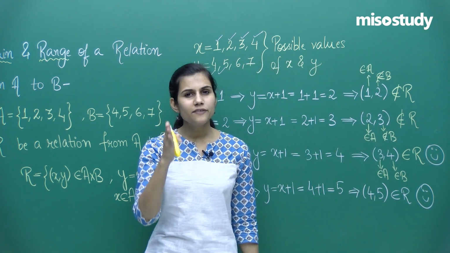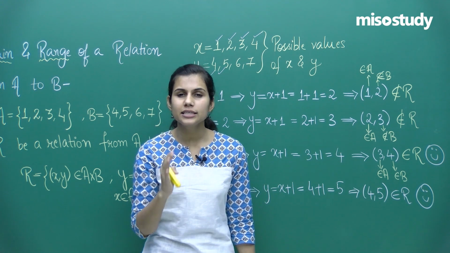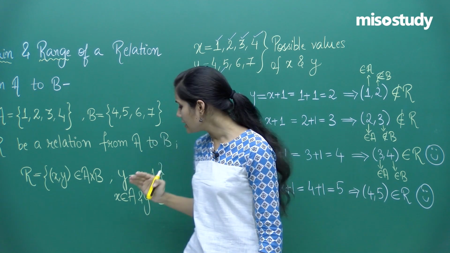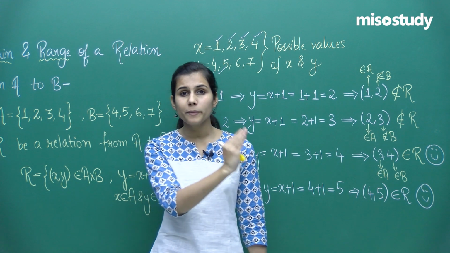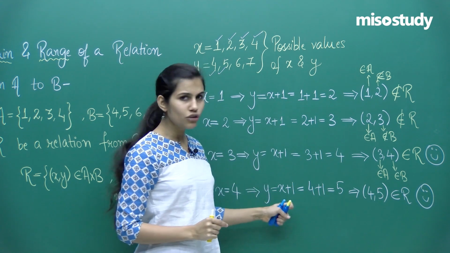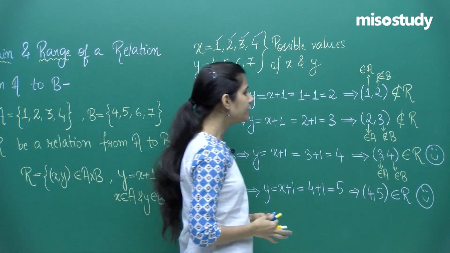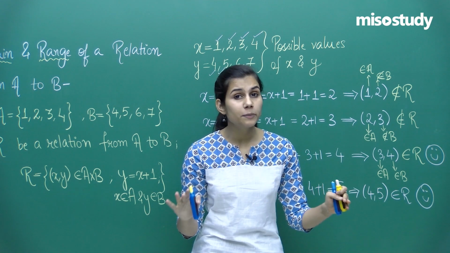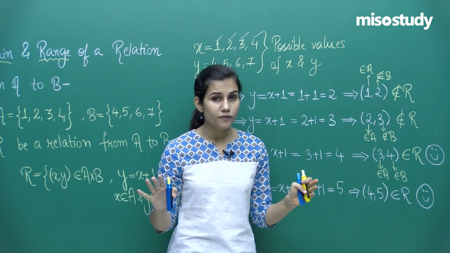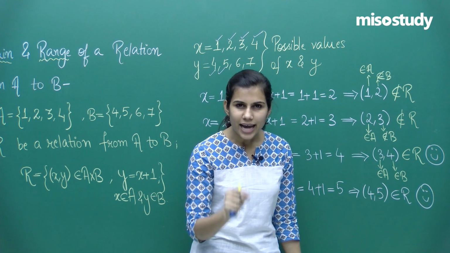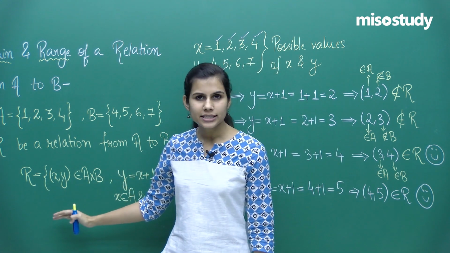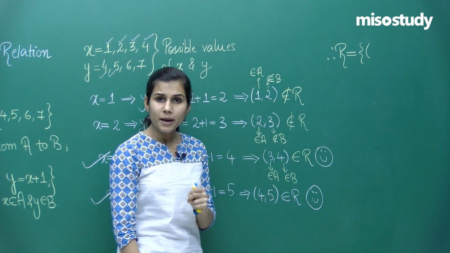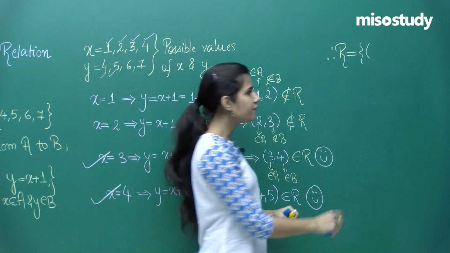That is it. All the values of the first set 1, 2, 3 and 4 were considered one by one, and we actually saw corresponding to each of these, is there any y which is going to satisfy both the conditions and make the ordered pair x, y come and sit inside R. And from this particular procedure, we just obtained that two ordered pairs 3, 4 and 4, 5 actually qualify to come and sit inside R out of all the ordered pairs of A cross B. Because out of all the members of A cross B, only and only these two ordered pairs satisfy both the conditions and therefore come and sit inside R, thereby giving me R having only two members of A cross B, 3, 4 and 4, 5.